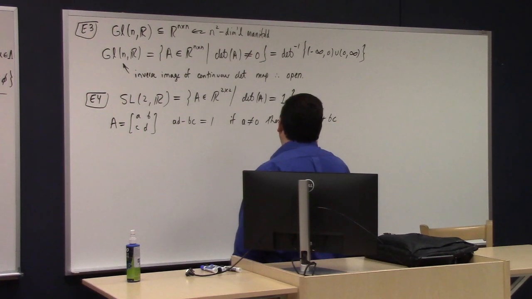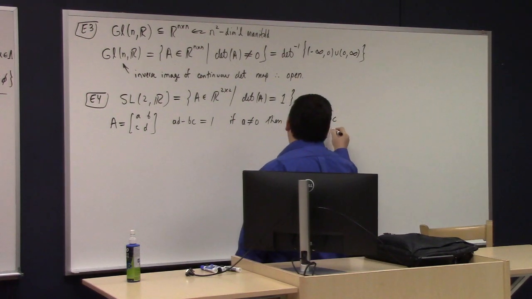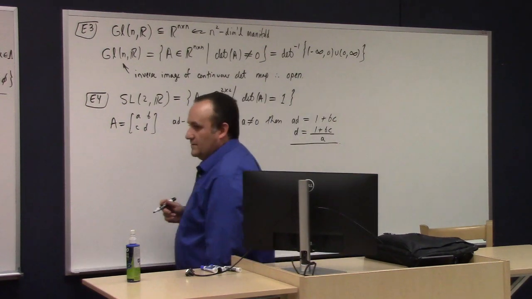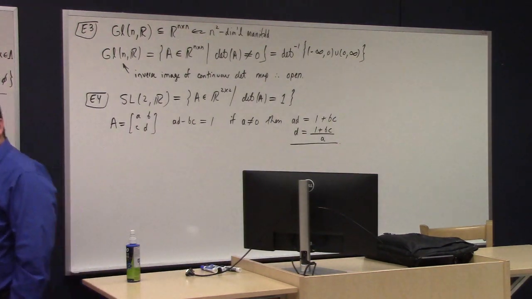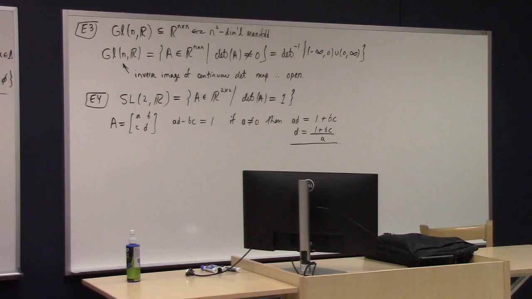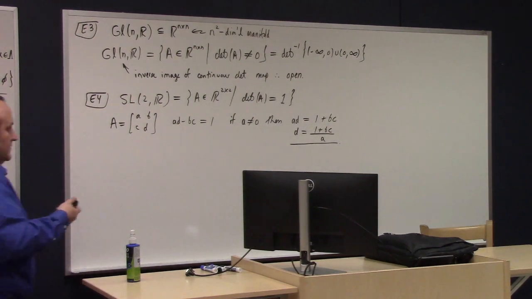So D is equal to (1 plus BC) over A, right, in that context. Okay? So there's a subset of SL2R, which is subject to this condition that A is